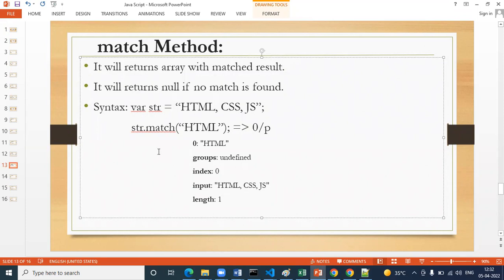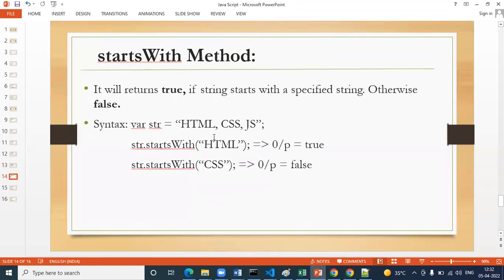Search will return the index if found, but match will return the array of results for the matched record. Okay. So what is the difference between these three? Next we'll explain startsWith, endsWith, and includes, these three methods as a set. startsWith, endsWith, and next includes